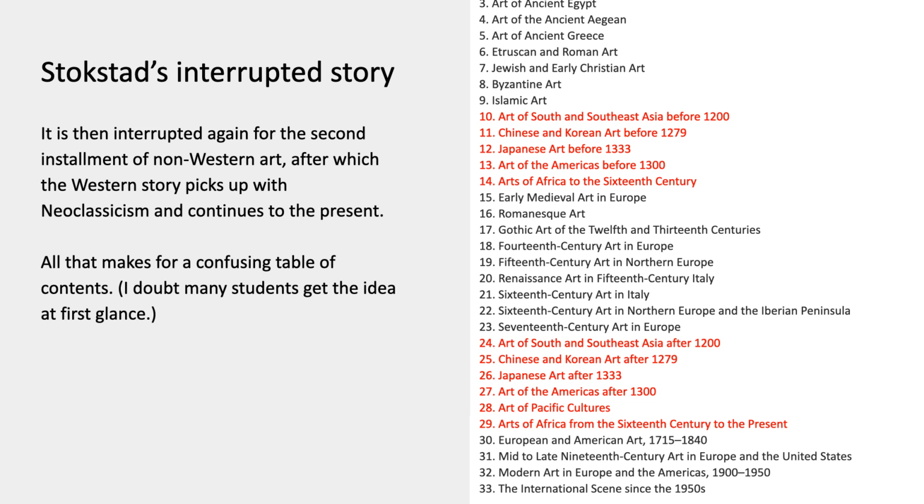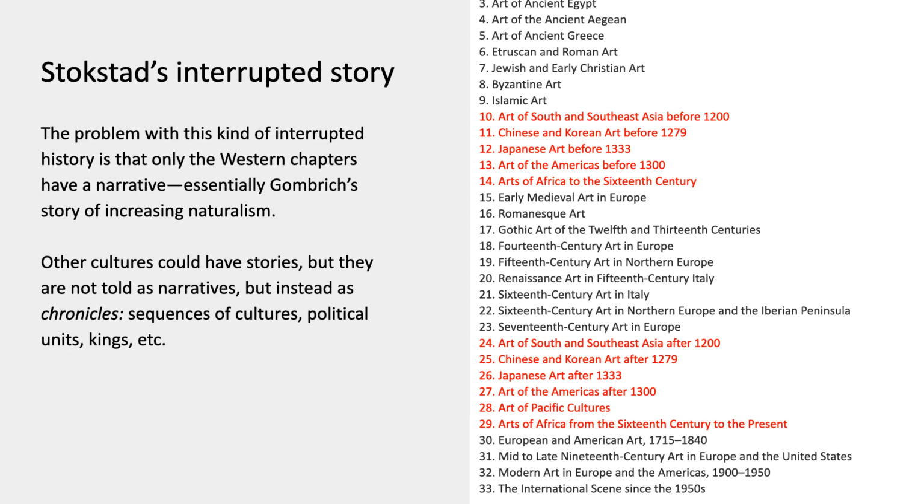This makes for a very confusing table of contents, of course, and I don't think that many people see this. When you look at her table of contents, it's not even color-coded. I think it just looks like a sort of list of cultures, something like that. But it has this important purpose because what she's trying to do is keep as much as she can of the master narrative of art, that is all the stuff that I put in black, which is essentially Gombrich's story